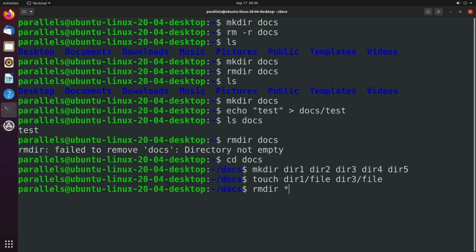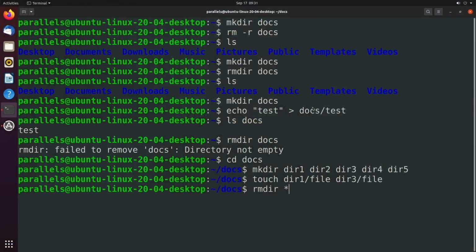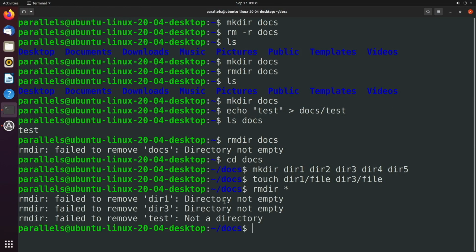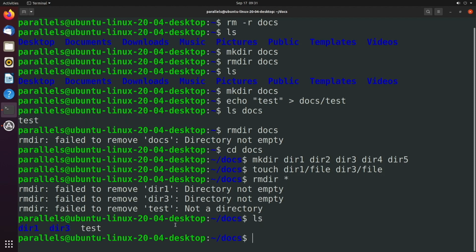rmdir asterisk, which is a wildcard. There's all kinds of crazy things you can do with these, but this will basically represent everything. And in general, it's very dangerous. You will see this in horror stories with the rm command, where people rm -rf asterisk, and that'll basically delete anything in that working directory, it is gone. So it's pretty dangerous. That's why rmdir, remove directory, can save the day. When I hit enter, you can see it fails to remove directory 1 and directory 3,